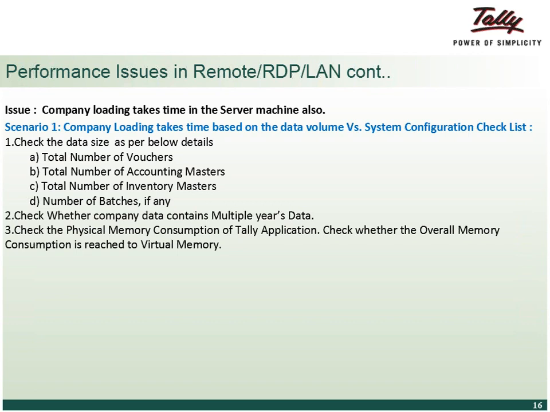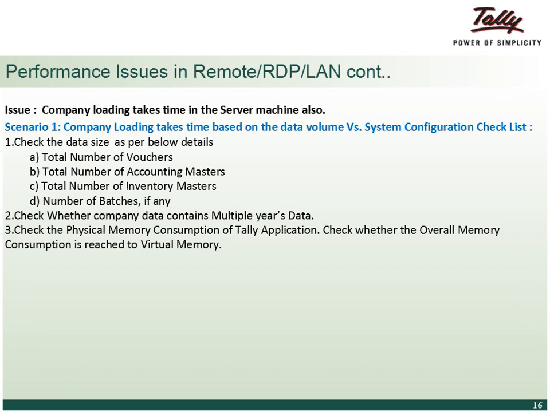So this depends on the operating system being used by the customers. There might be two different operating systems, that is 32-bit and 64-bit. In case of 32-bit, per Tally application, you can allocate 2 GB of RAM. If while company loading or while generating any report, the usage exceeds 2 GB, that is nothing but the system fetching from the virtual memory. So in this scenario also, company loading may take time. Similarly, in case of 64-bit, per instance the Tally application can utilize up to 4 GB of RAM. So if it crosses 4 GB, then the chances are that company loading will take time.